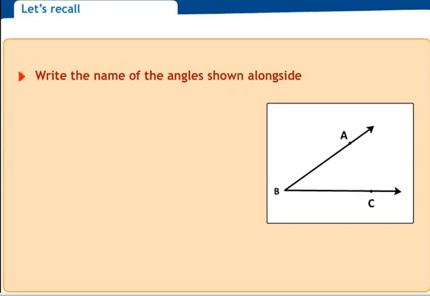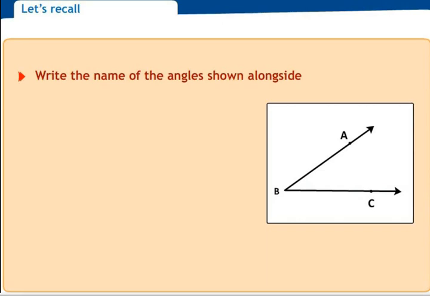Before we begin with geometry, the basic concepts of geometry should be known. The basic concepts of geometry are a point, a line segment, a ray and a line. A point is when you take your pencil and place it on a paper, you get a point. There is a difference between a line and a line segment. A line can be extended from both sides, whereas a line segment is a fixed distance and cannot be extended further.